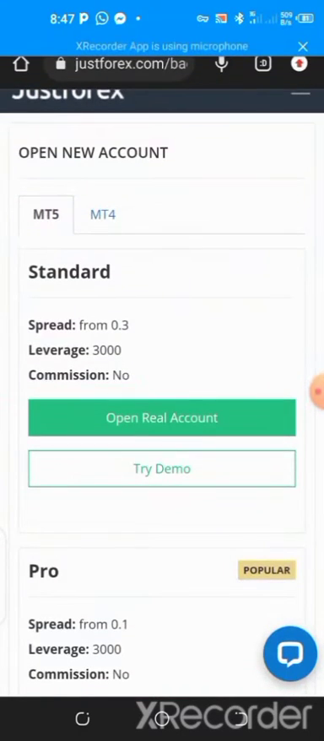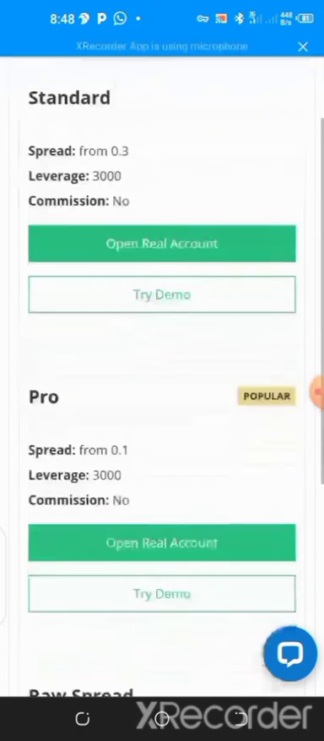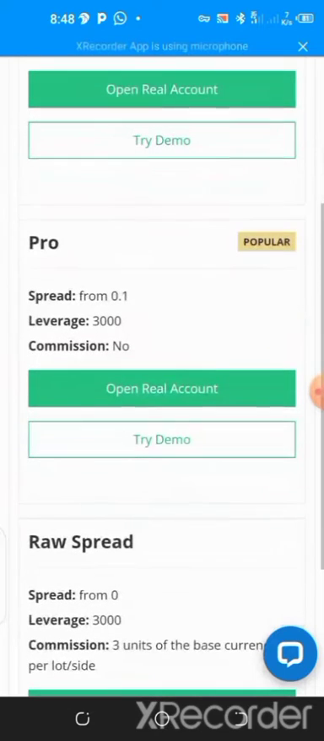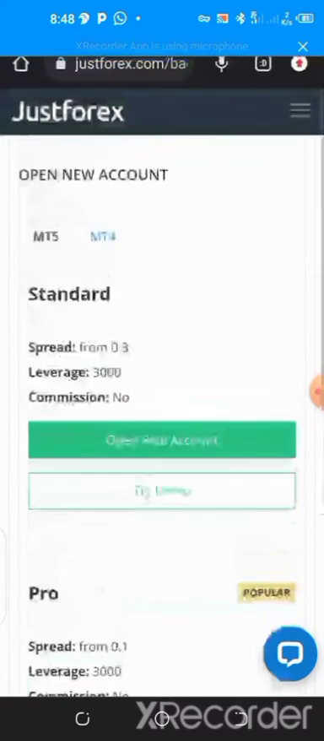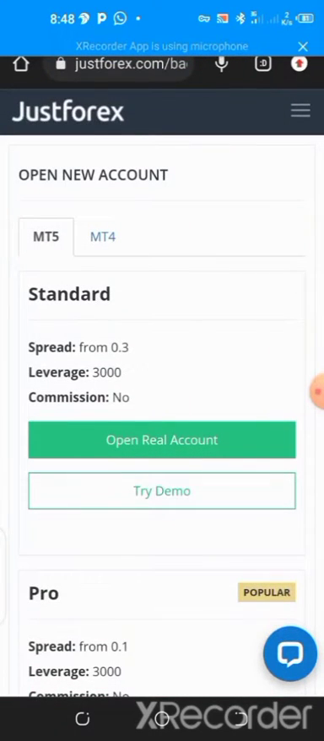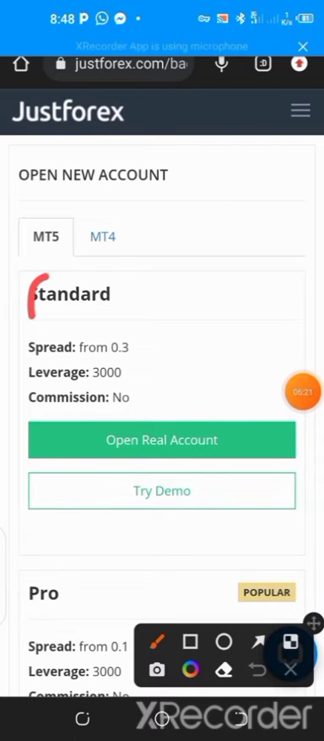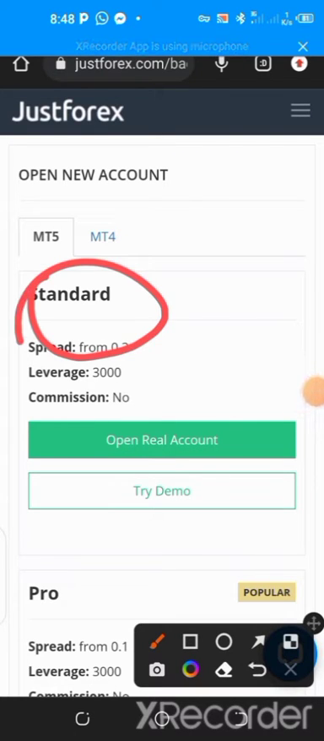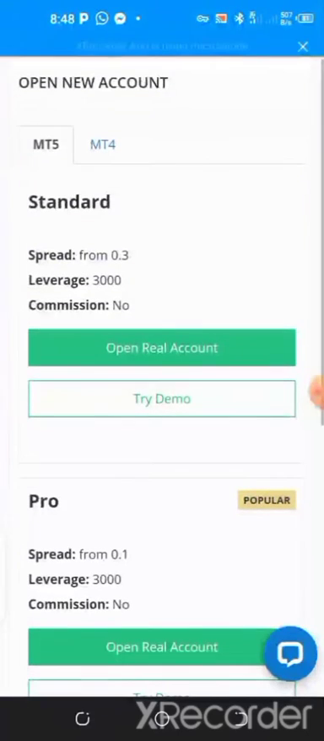You see up here something like standard account. You see down here pro. You see here raw spread. You will be advised to take the standard account whatsoever. The standard account is just good. Forget about the pro account. After you have chosen this standard account,